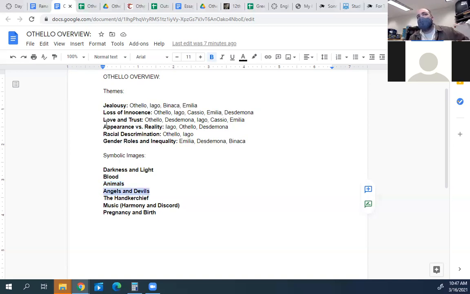Angels and devils, like I said, this whole thing is an allegory on some level for the Garden of Eden scene, and Iago is sort of a devil figure, and Desdemona is sort of an angel figure. And so you end up with this opposition of the two characters, but their language is constantly referencing angels and devils too. So through his language, Iago makes himself satanic, and through her language, Desdemona makes herself angelic. Whenever you see them show up in the story, you can stop and say, hey, what's going on here? There's some symbolic significance to the angels and devils and the way that they use their language.